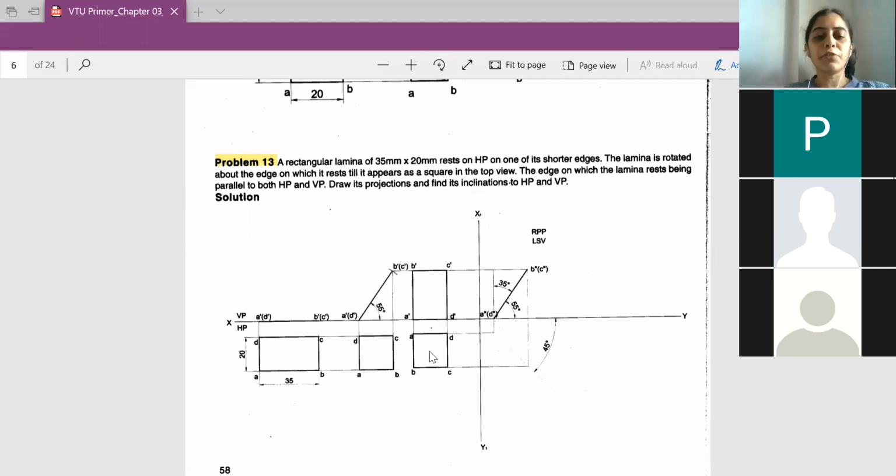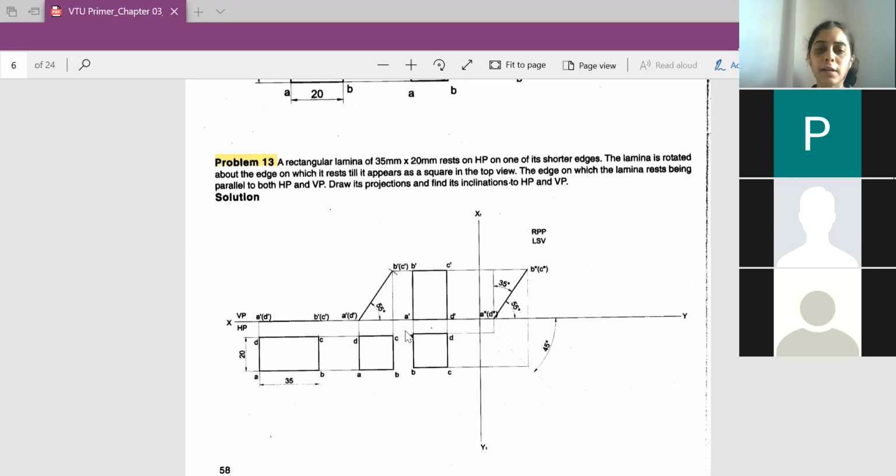So now you will shift. This is the second stage what we have got, the square lamina, and this is the edge or the side which was resting on HP. So now this side is parallel to VP also, they tell, and as we have to in this case this side AD is perpendicular to VP. If we have to make the same side parallel to VP, you should rotate the side in such a way that it is parallel to our XY plane. So you shift this AD parallel to XY plane.